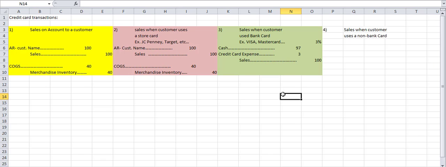We don't care if that customer defaults somewhere down the road. It's not our problem. It's not our customer. That customer is now Visa or MasterCard's customer. So from our point of view, this is well worth the $3 because we lose the headache of having to collect the money. However, in number two, like JCPenney or Target or any of these other stores,